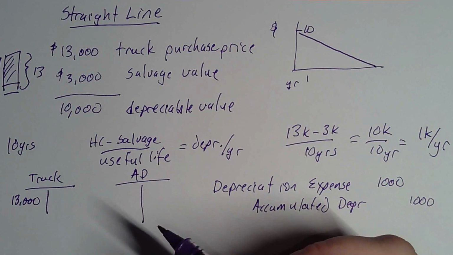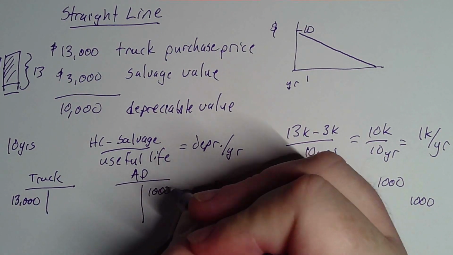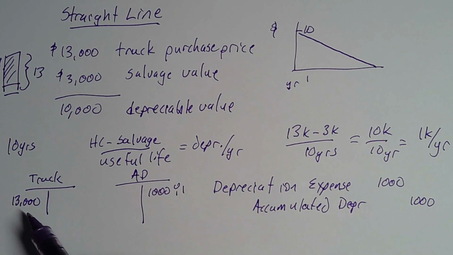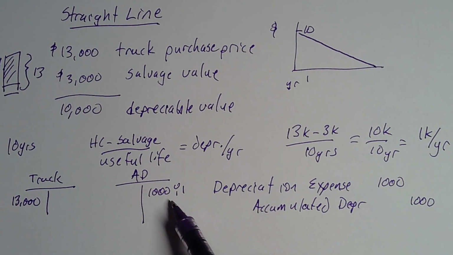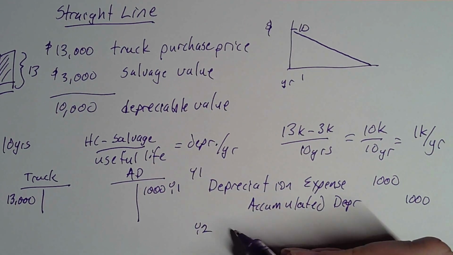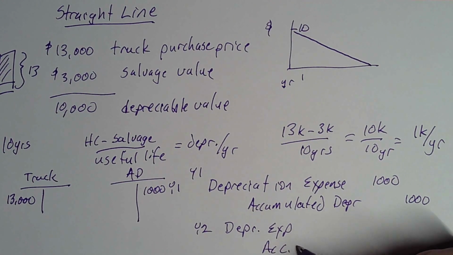And what this is, and we've encountered this sort of thing before, it's a contra account. Just think about the allowance for doubtful accounts, and the sales return and allowance. Those were all accounts where we didn't directly affect the target account. We kept a separate account where we tracked things. So here, this would be for year one. And I would look at that and say, okay, I originally bought the truck for $13,000 and I've used up $1,000. So if this was year one, this journal entry, well, what about year two? It would be the exact same thing. Depreciation expense, accumulated depreciation,